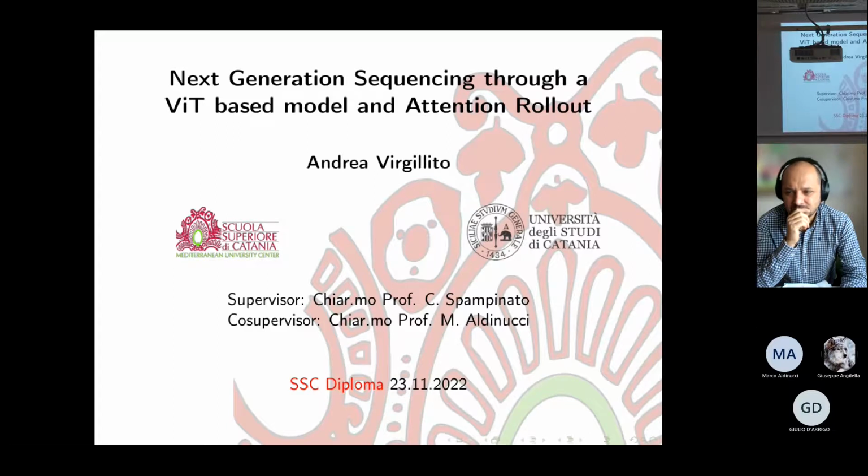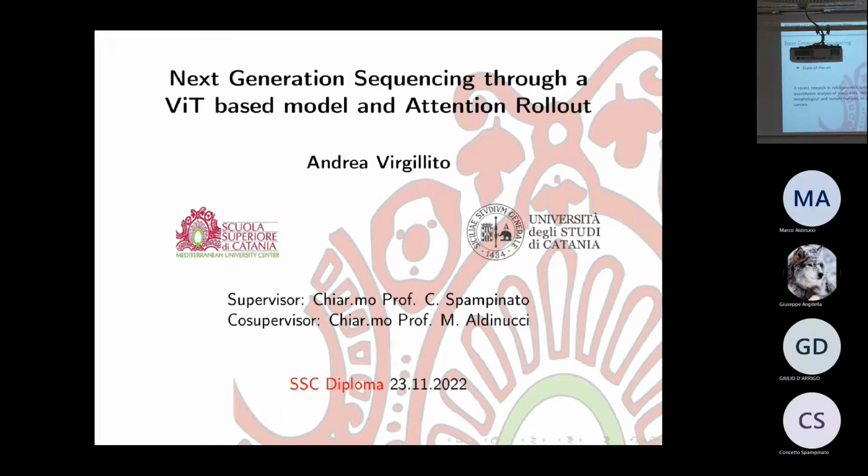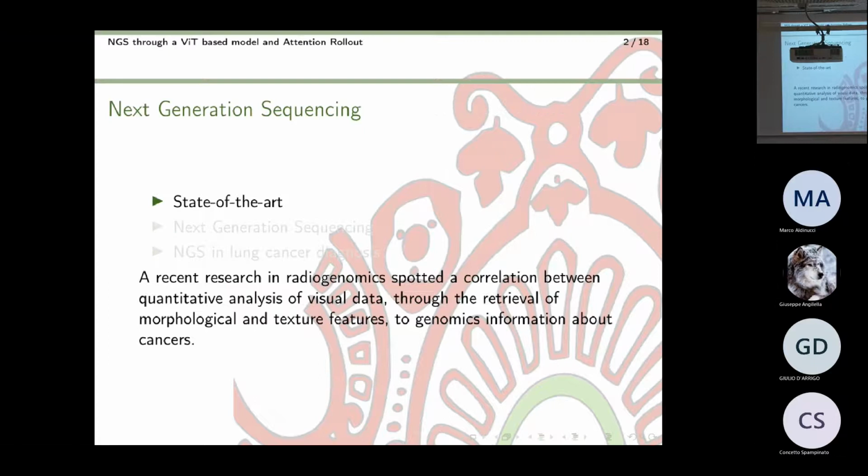Okay, for those of you who don't know me, I'm Andrea Virgillito, and today I'll be presenting my thesis work, which is a process of next generation sequencing through a Vit-based model and attention rollout, but I'll describe all this work shortly. First of all, my work follows a trend inspired by some recent research in radiogenomics, who basically spotted